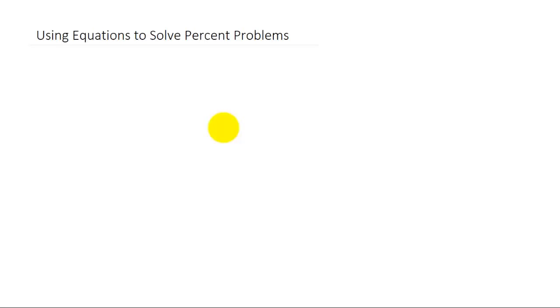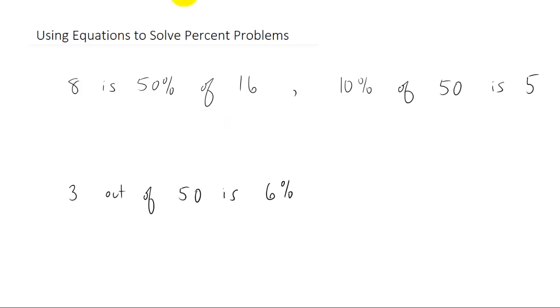In this video, we're going to talk about how to translate between statements about percent and equations. Let me start by writing down a few statements that are true about percentages. Okay, so all of these statements are true. 8 is 50% of 16, 10% of 50 is 5, and 3 out of 50 is 6%. Those are all true statements, but what we want to do is learn how to convert these